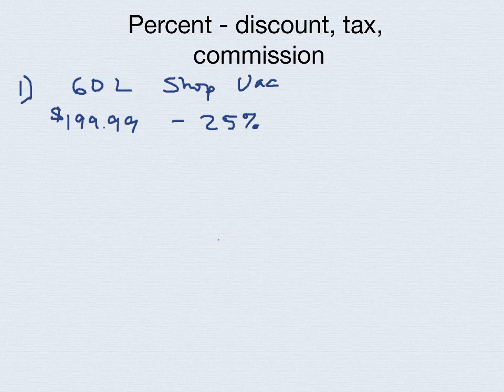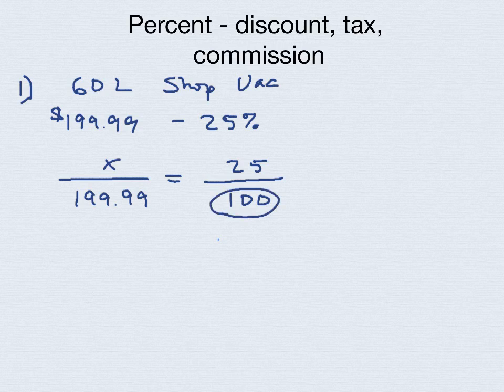So discounts are very simple. They are, again, parts out of a whole. So if your percent word problem is set up accordingly, it becomes very ritualistic. 25% is the discount. The original cost is $199.99. You're trying to find out what 25% of $199.99 is. So you cross multiply and you divide as per usual. That part will be the product of